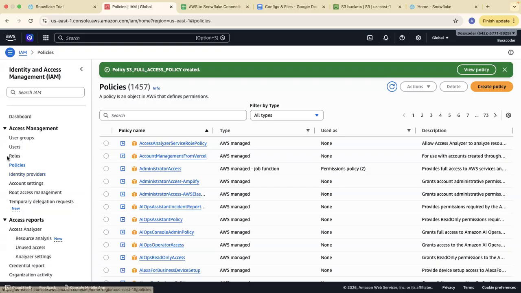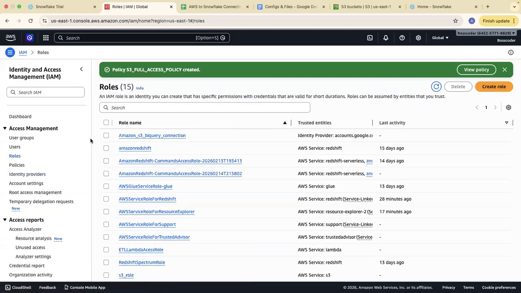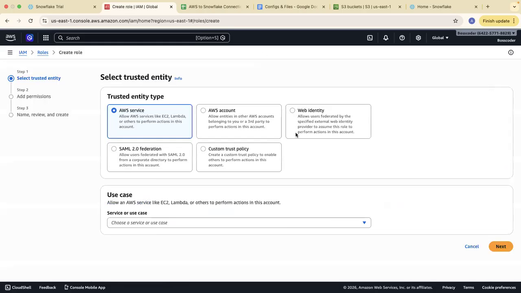So I have to click on role and create a role with the same policy that I have created, and this particular role I will give to Snowflake, and Snowflake will have all the access over my S3 bucket. So I will be clicking on create role.